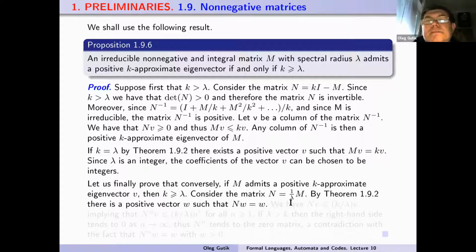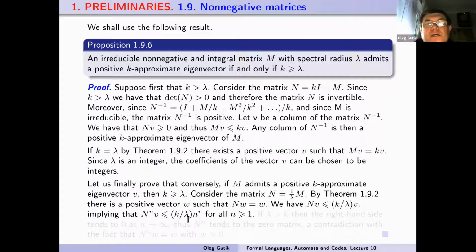By the Perron theorem, there exists a positive vector W such that N multiplied by W is equal to W. We have that N multiplied by V is less or equal to K divided by lambda multiplied by V. This implies that N to the power n multiplied by V is less or equal to K divided by lambda to the power n multiplied by V,